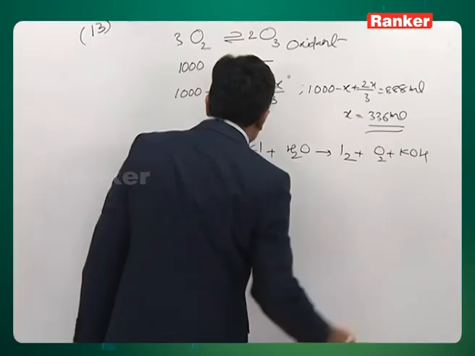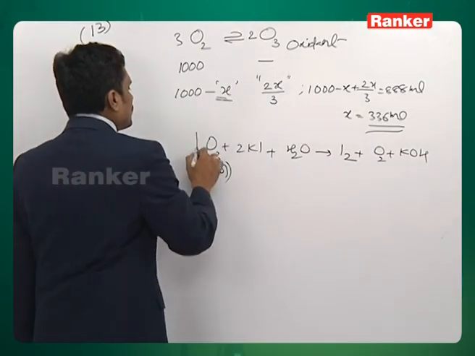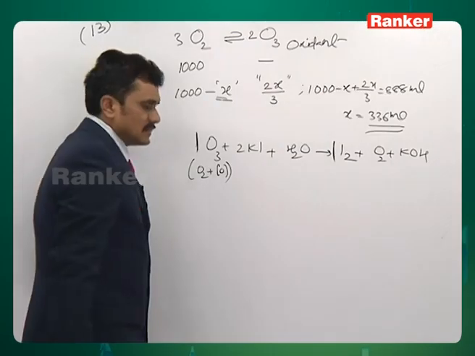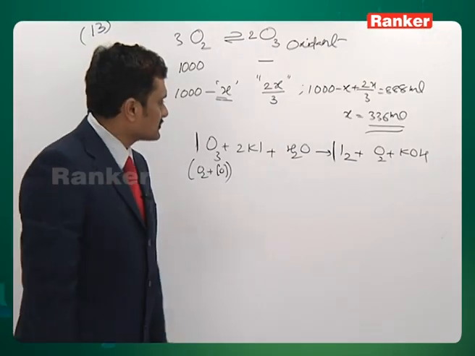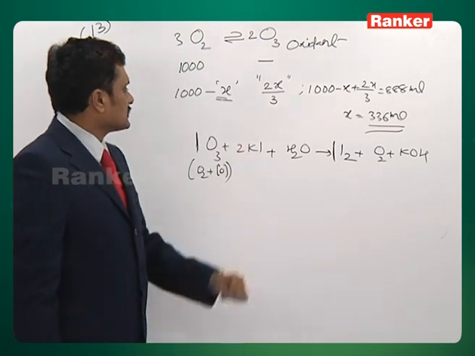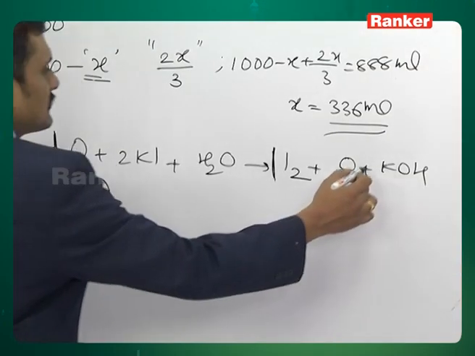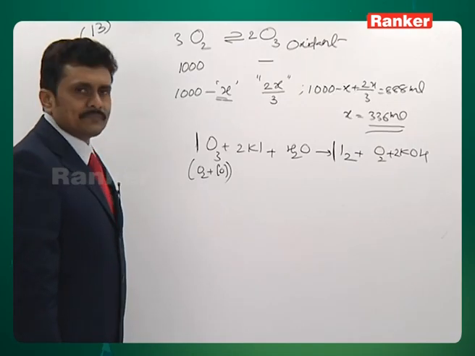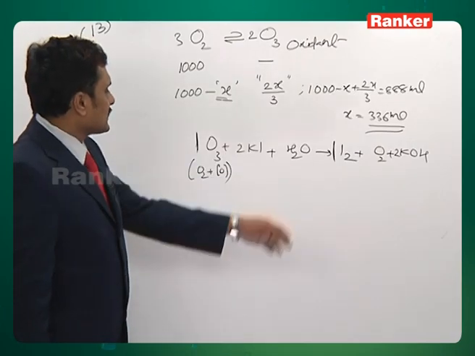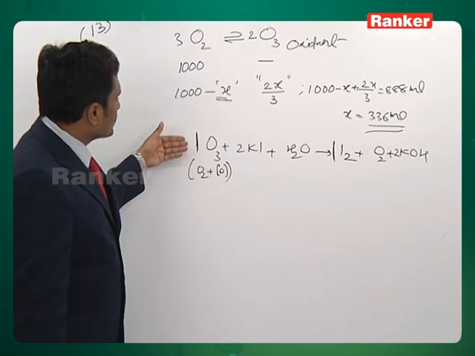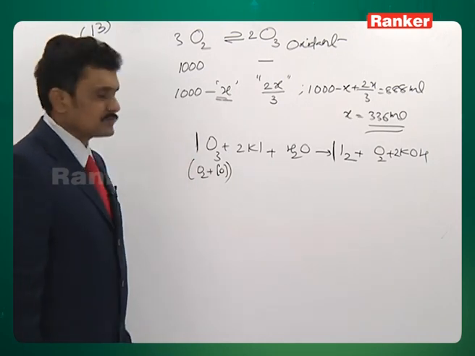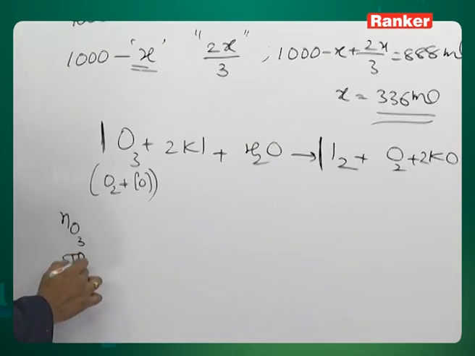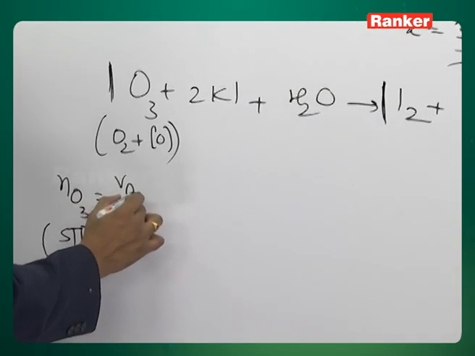And when you balance this equation, you will be getting for every 1 mole of this ozone, 1 mole of I2 is liberated. When you simplify this equation, you will be getting such an expression where you will be getting 2 moles of KOH, and I guess this equation is now balanced as well. Now you have been asked to find the weight of iodine which can be obtained through the number of moles of ozone. Now you see that number of moles of ozone can be calculated as volume of ozone divided by